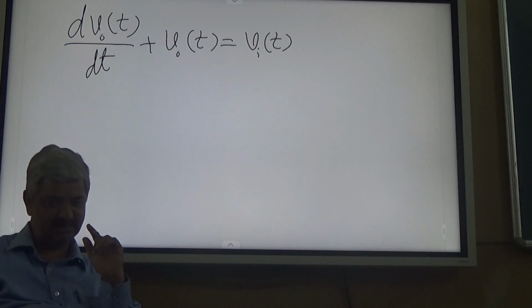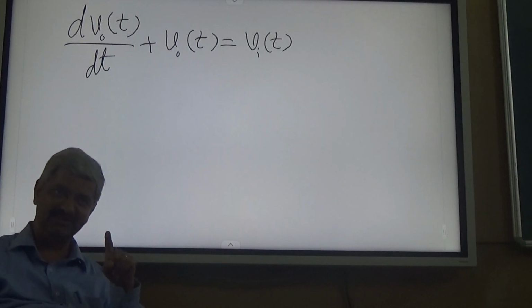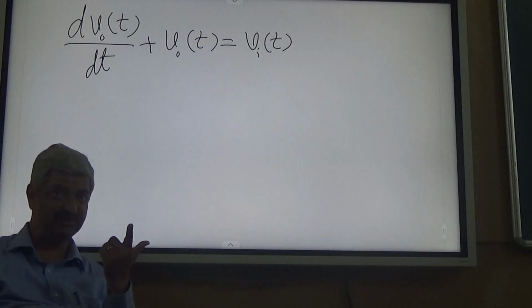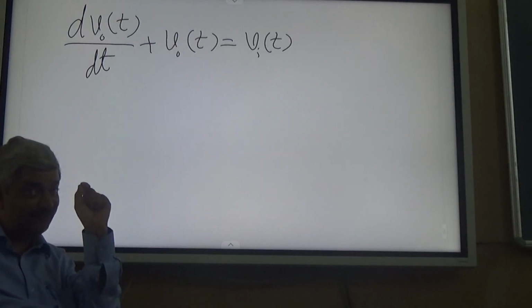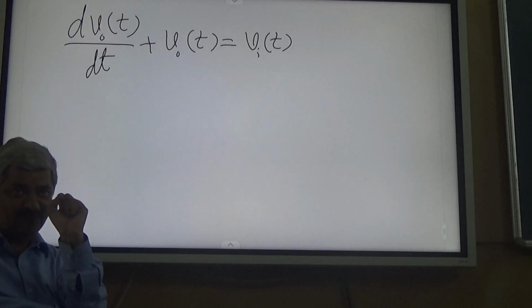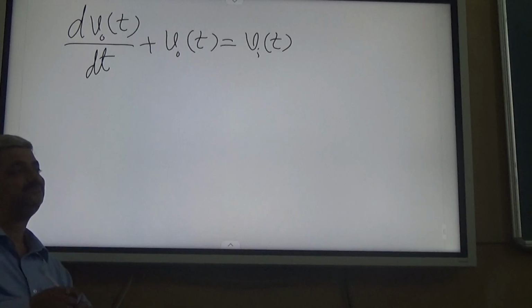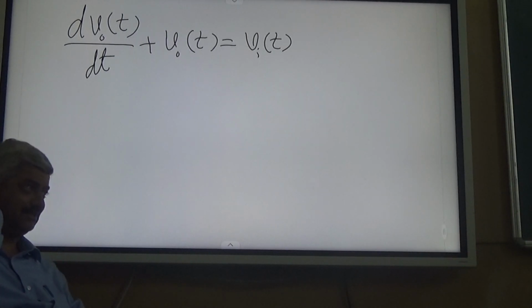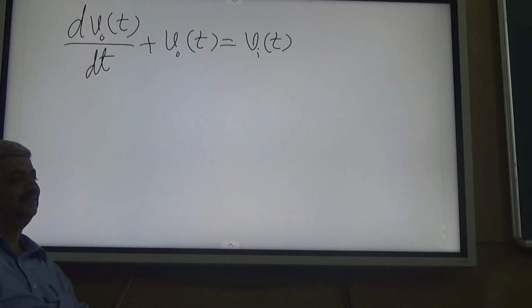Actually, we can say input at next instant, f of x plus h minus f of x upon h, which we change now to f of x minus f of x minus h upon h. Sometimes, if you take the example of the water tank model, then the process is slow, so that rather than